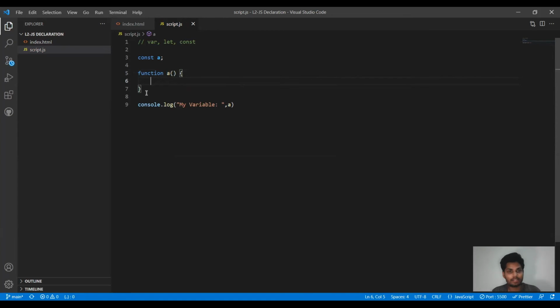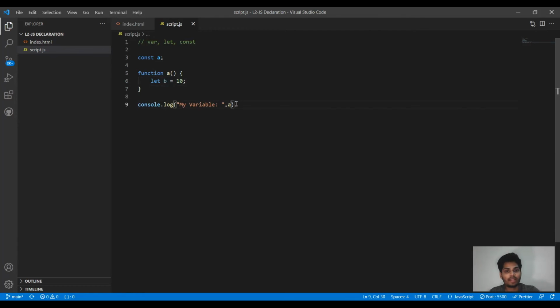Let's say I declare a variable inside a function, let b is equal to 10. The scope from line number 5 to 7 is called functional scope, because we cannot access this variable outside this function. Let me repeat, we cannot access variable b outside this function.